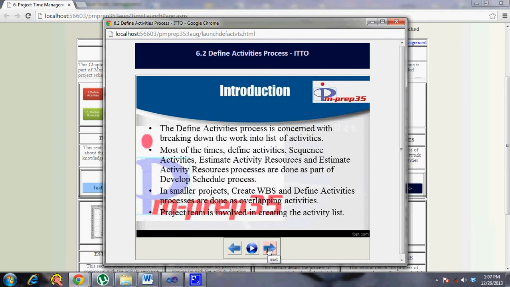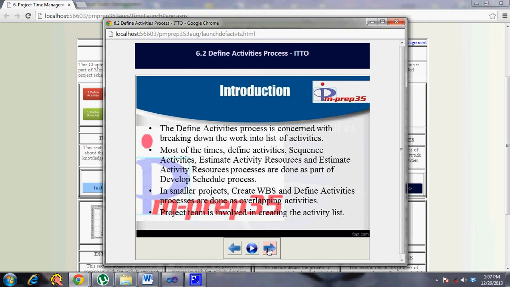The define activities process is concerned with breaking down the work into a list of activities. The create WBS process is more concerned with breaking down the phases or the deliverables to the work package level, but then again, when you take the work package, it might itself become a deliverable to somebody else, or to the team, to another organization unit, or to the contractor.